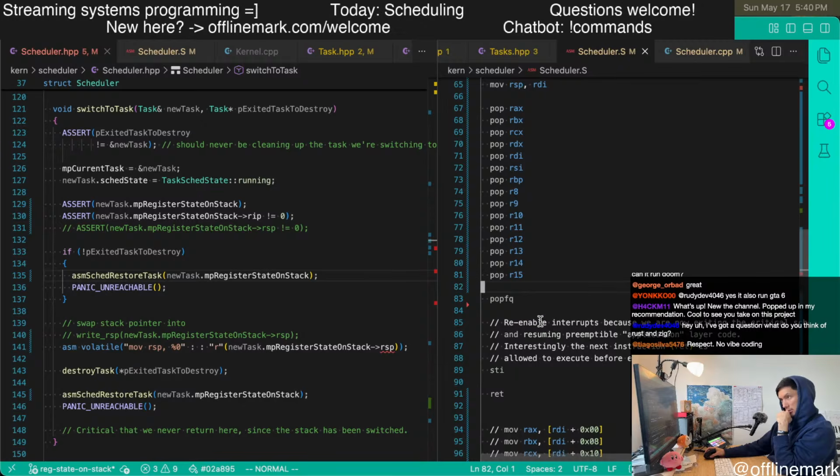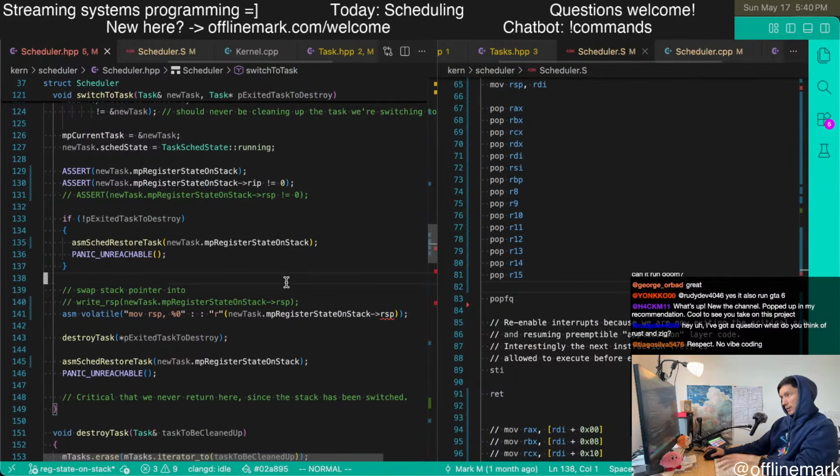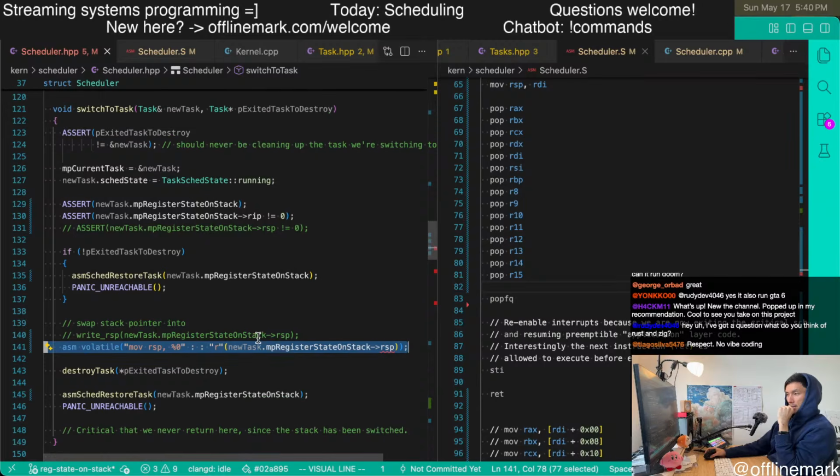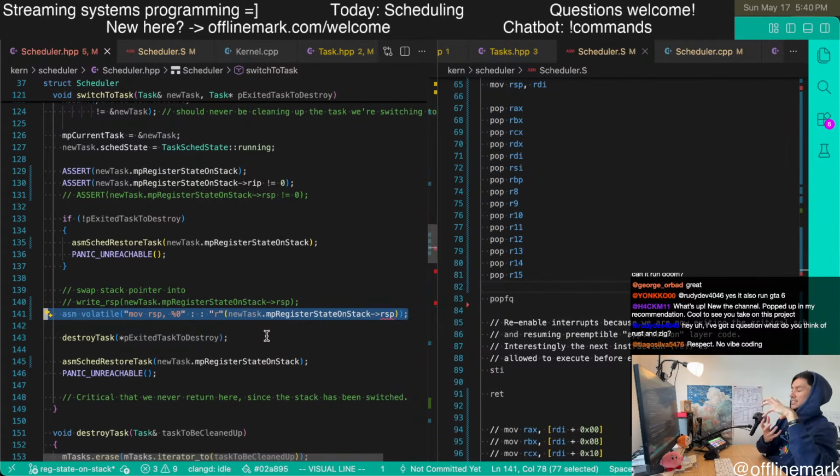And then this line is kind of interesting. Let's talk about this line. This part of the code is implementing deferred cleanup. The idea is that when we have a task, it's running on its stack, and it's time for the task to exit. So it calls task exit and then enters the scheduler, but we are still on the stack of that task.